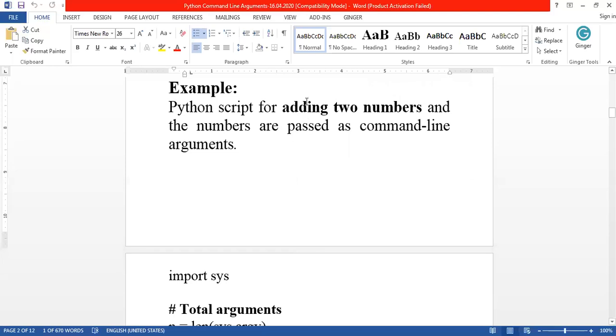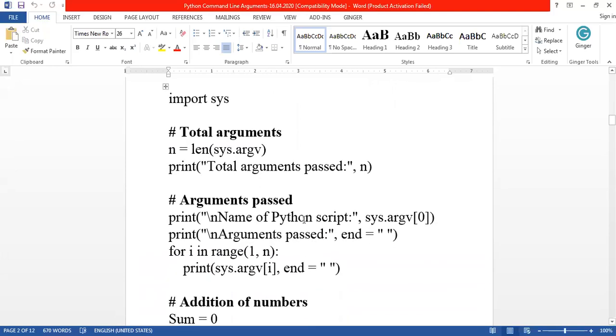In this example, we are going to add numbers using command line arguments. Normally, if you want to add numbers in a Python program, what will you do? You will read the numbers using the input function. For example, if you are reading two values A and B, A is equal to input, enter the number, B is equal to input, enter the number.